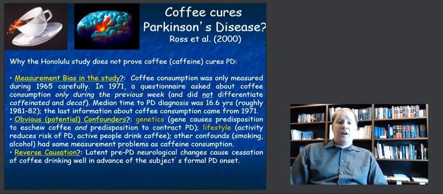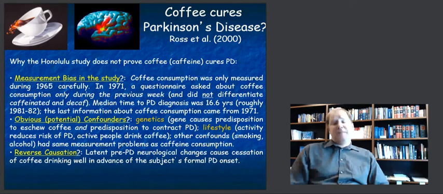And so therefore, you might have some sort of confounding effect here in terms of genetics, even though it was attempted to be controlled for in the sense that it was an older age of men who enrolled in the study. Number two, there could be lifestyle confounders going on here. People who drink coffee may tend to be active people, and active people may also be the kind of people who don't get Parkinson's disease. And so you might not be able to rule out lifestyle as a component in this.